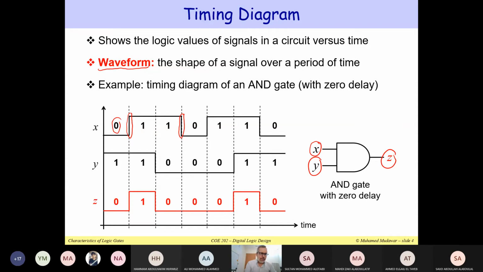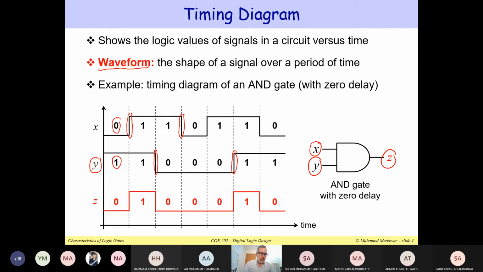The same thing can be said for signal Y. It might be initially 1, and then it's going to drop from 1 down to 0. And then later it's going to jump from 0 back to 1. So you can see that each signal has a waveform. The waveform shows the value of the signal as it is changing over time. So this is X, this is Y. These are the inputs to this AND gate. Because we have an AND gate, it is going to produce the output 1 when both inputs are 1 and 1.